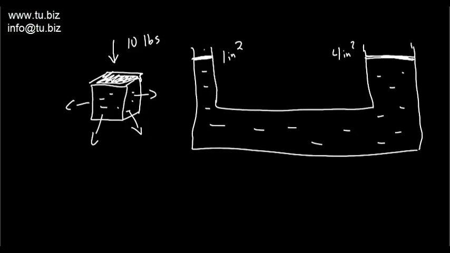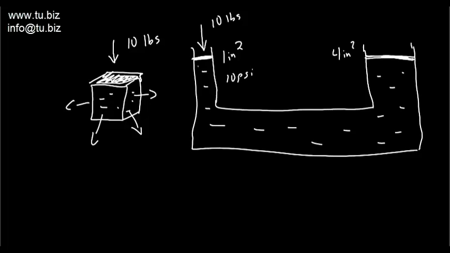And you're going to apply 10 pounds of force in this direction over here. 10 pounds over 1 square inch, basically, that is 10 pounds per square inch, 10 psi of pressure that you're applying on this side of the